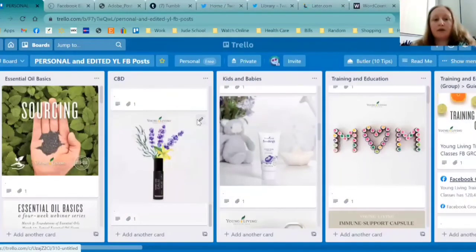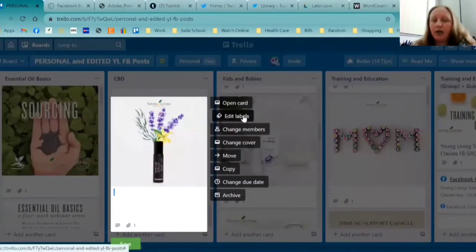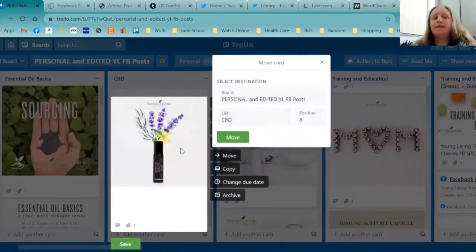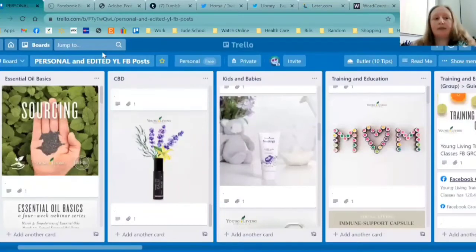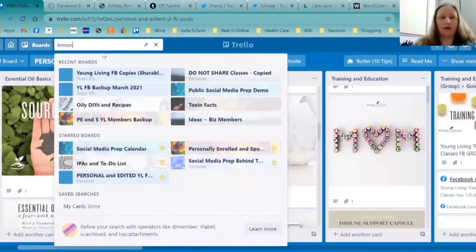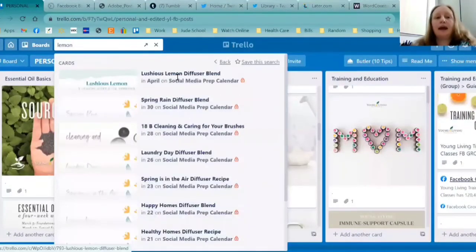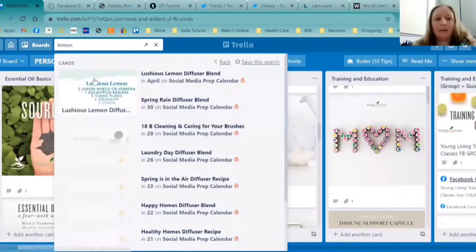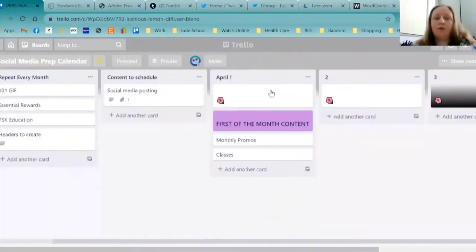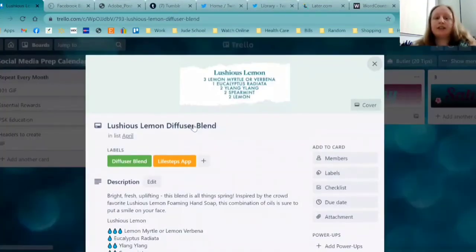You can also go here and go to move. So if you open up a post this way, let me just pull that back up again. And let's say you're working, oh, it shows you which board it's on and stuff. But let's just say you're here and you want this luscious lemon diffuser blend, and you don't know where this is.